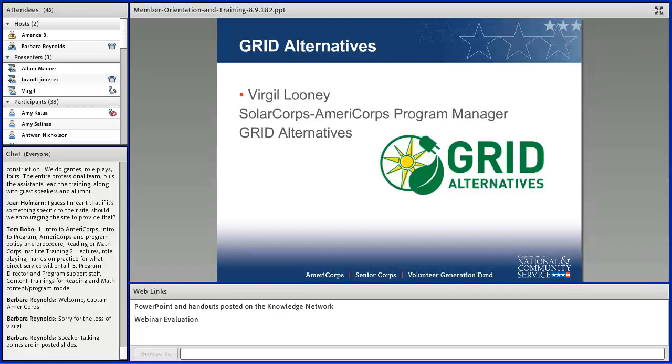In addition to our week-long member orientation, we do a mid-year retreat that's 2 days, also in person. That's a really helpful way to follow up with additional trainings that are really focused on life after AmeriCorps. And one of the key activities that we do during this retreat, which is about halfway through the year, is